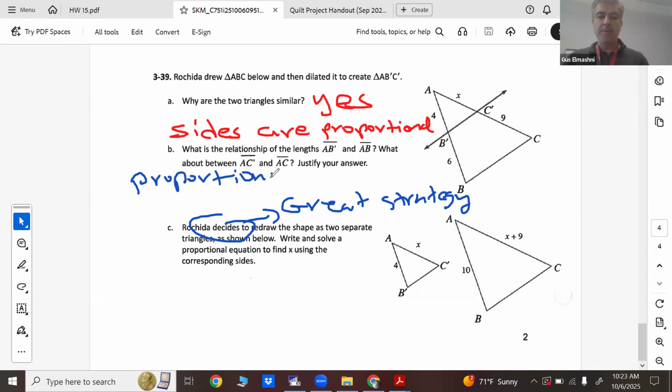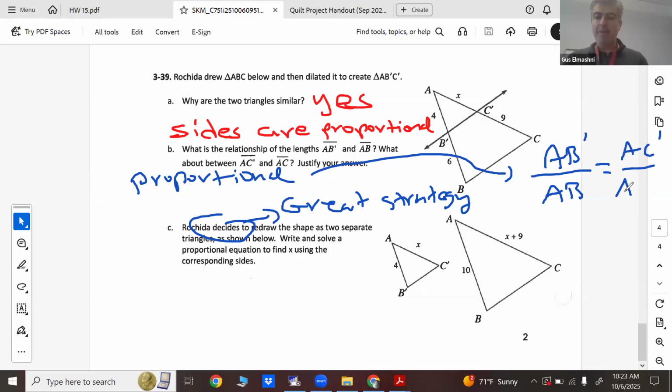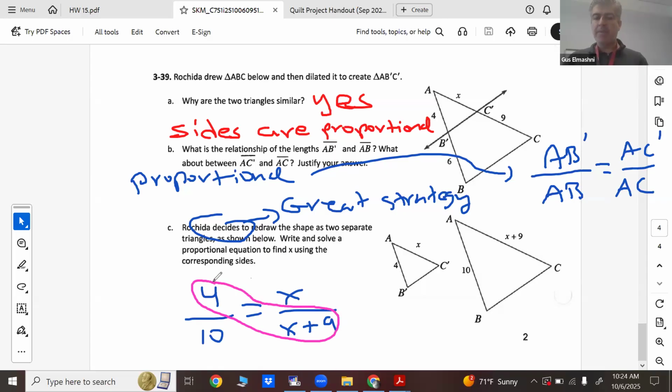What that really means is that AB' over AB is the same thing as AC' over AC. Those are the same thing. So if I solve it, there we go: 4 over 10 equals x over x plus 9. Now, do not try to figure that out in your head. Do algebra. Cross multiply. You lasso 4 with x plus 9, and the reason it works is you multiply both sides by the denominators. So you get 4x plus 36